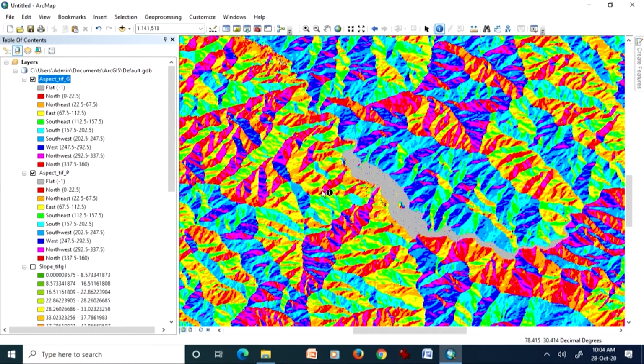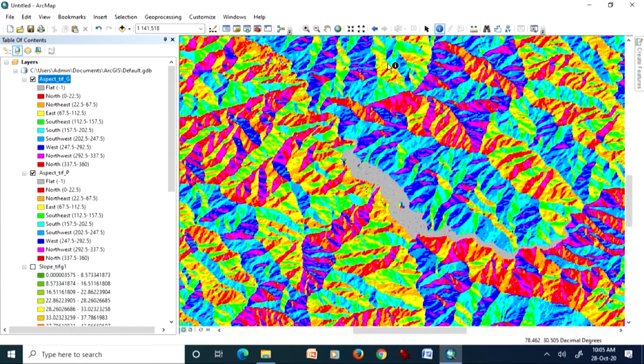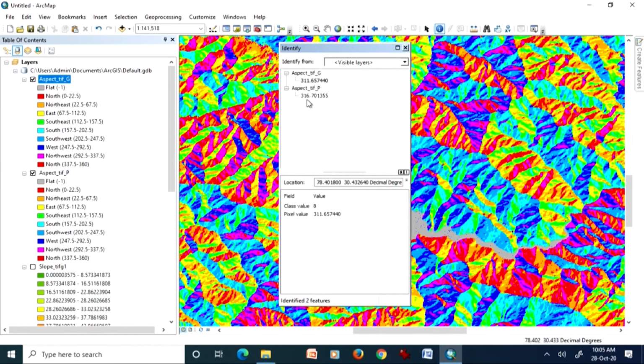If I click on a red area, both are giving values, though the geodesic method is giving 5.4460, whereas the planar method is giving 5.389, but these are directions. They all fall in this range, that is the north facing slope. And if I go for this pink color one, like here, then these values are very high.